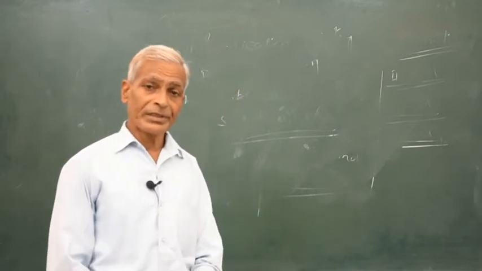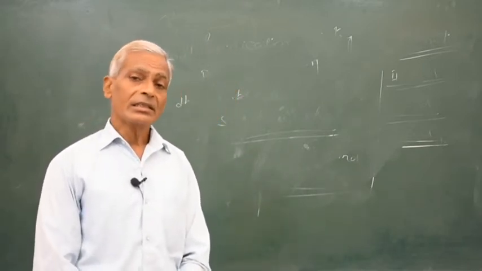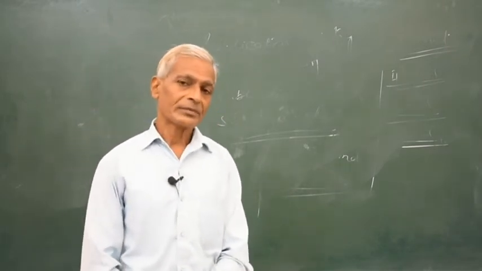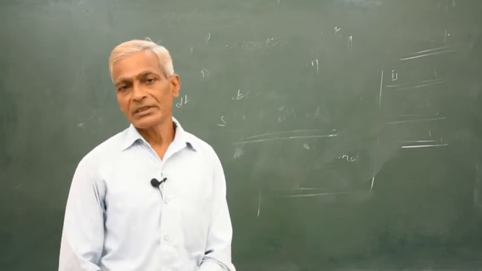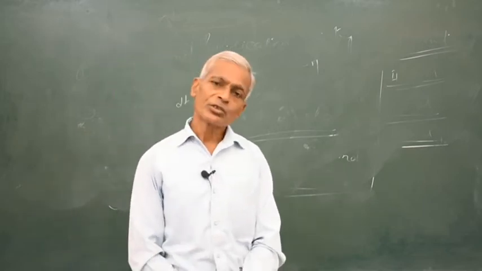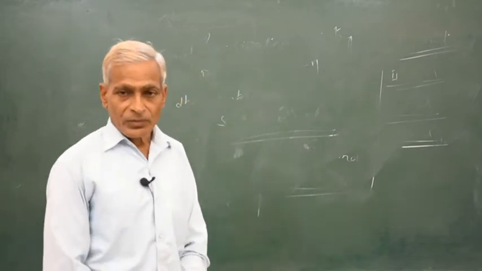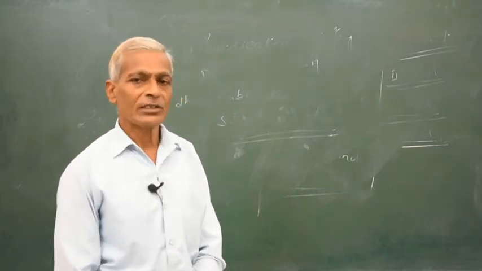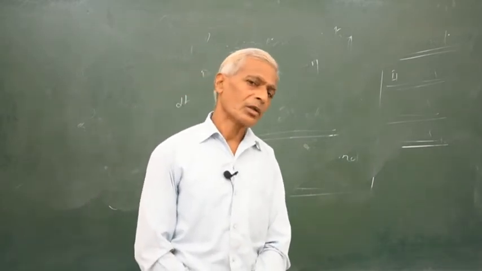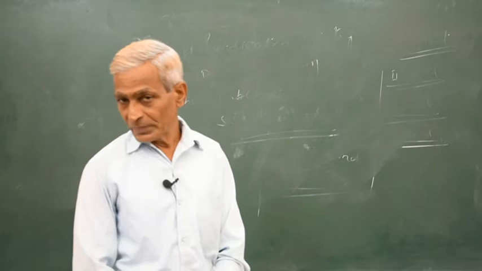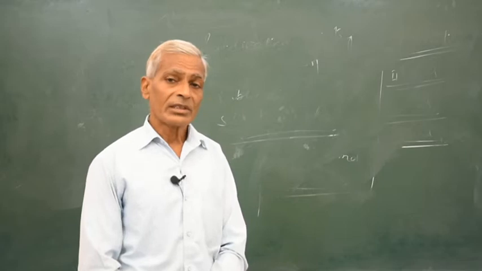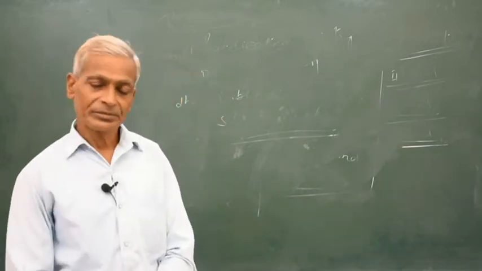Now, paper second, kinetic theory and thermodynamics. In this paper, there are 100 questions, objective questions. Each question carries half marks. Same is true here in this case. One who has done his 11th and 12th properly and seriously is not going to face any problem in this paper because questions are being set on general understanding of the subject.